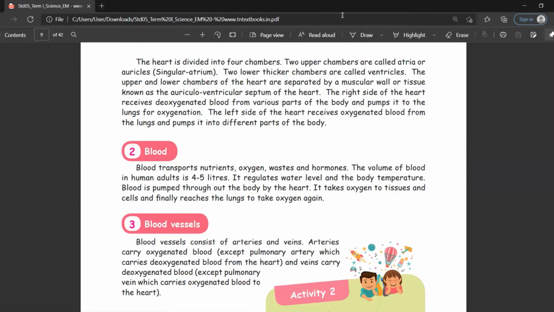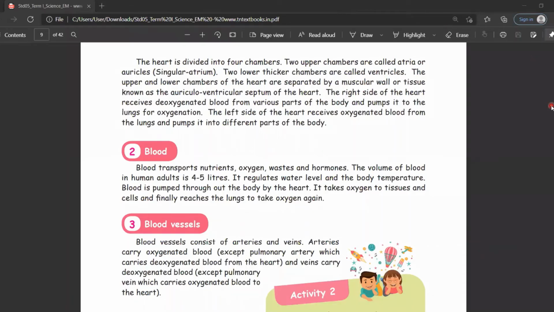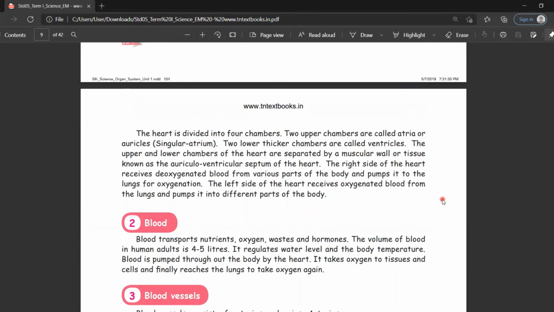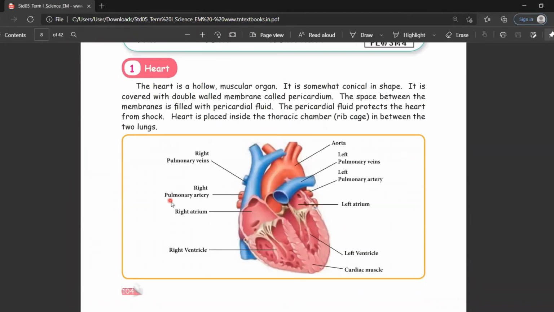Children, I will explain with the help of a diagram. As you know, arteries carry only oxygenated blood, but the pulmonary artery carries blood from the right side of the heart through the capillaries of the lungs. Unlike other arteries, the blood it carries is without oxygen, that is, deoxygenated blood. Usually arteries carry only oxygenated blood, but this pulmonary artery carries deoxygenated blood to the lungs.